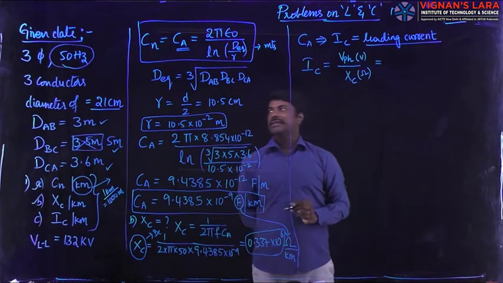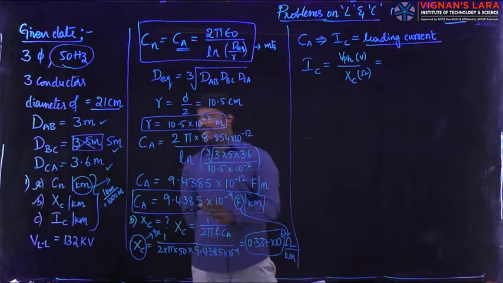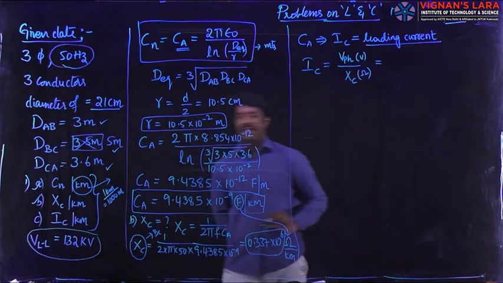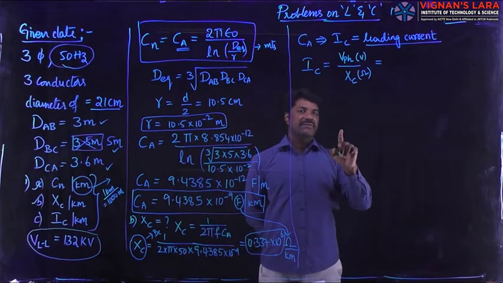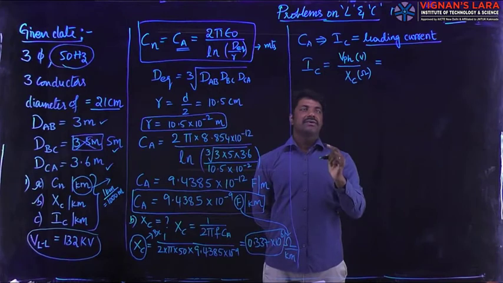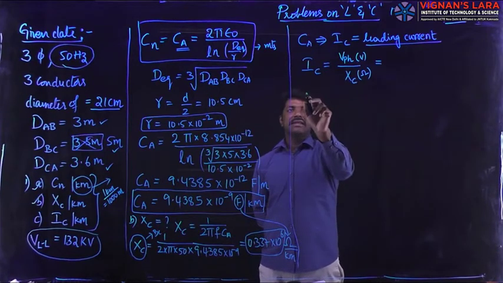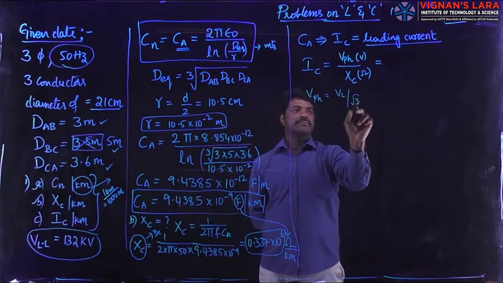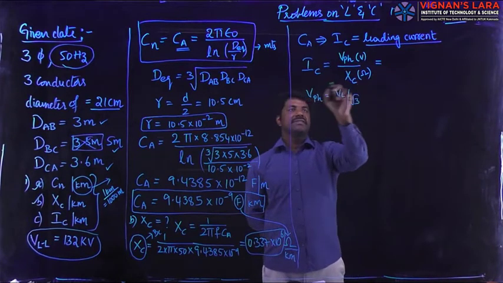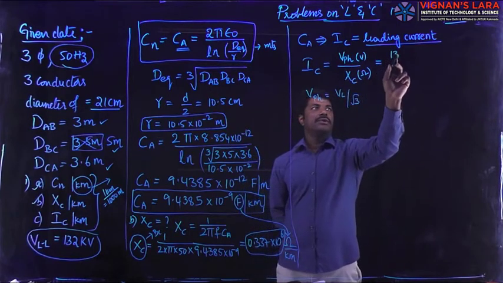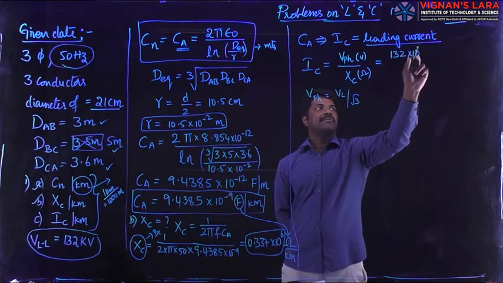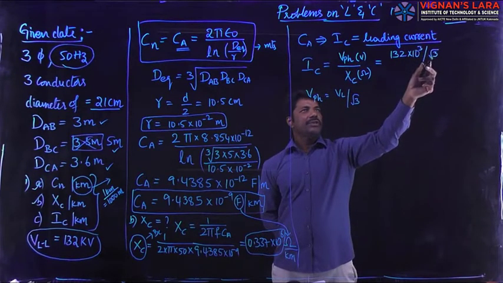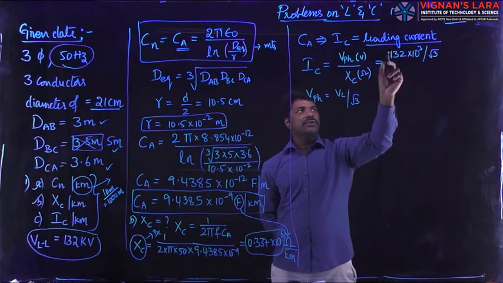Then coming to the calculation, it is clear that the transmission line is operated for 132 kV line voltage. So we have to convert first of all that line voltage to phase voltage using the star connection formula. So in star connection, we know that V phase is equal to VL by root 3. Then the magnitude of the current per phase IC is equal to voltage 132 kV, kilo expanded as 10 power 3, divided by root 3. So by dividing it with root 3, the line value was converted into phase value.